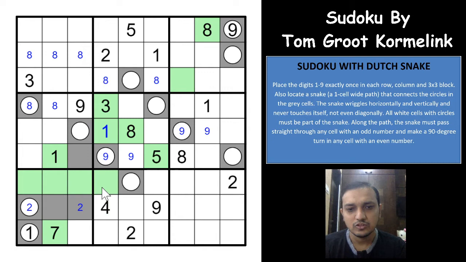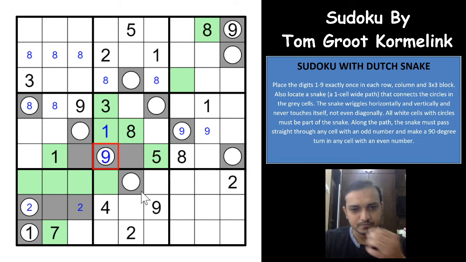And superb. After marking this as a non-snake cell, this would have to be a snake cell now. Excellent, right? And a snake cell cannot have an odd number when it is turning. It is turning here, which means that 9 has to be here only. Superb. So this would have to be a 9. And again, excellent logic, this cannot be a snake cell now. The moment you have this as a snake cell, this also would have to be a snake cell, because it is touching diagonally and they will have to meet, and you have a 4 on the cell which goes straight on the snake path.